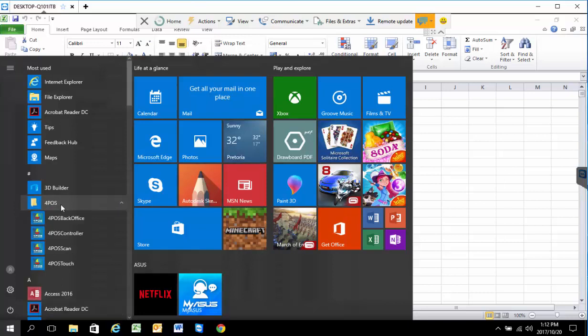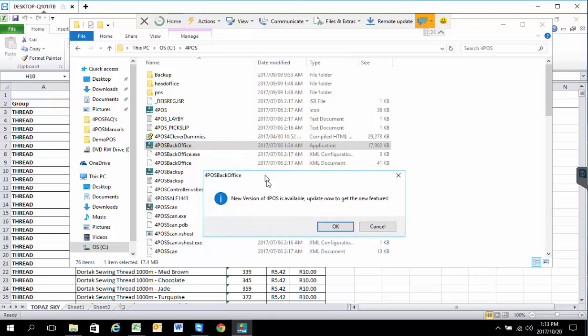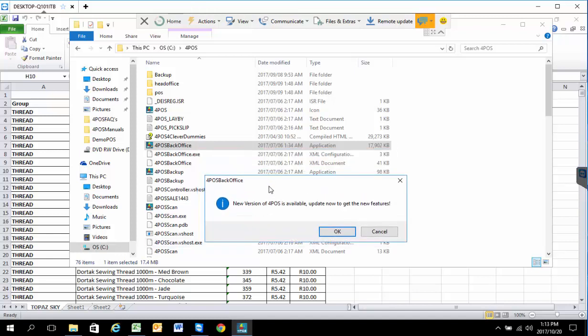Alright, so I'm just going to open up the back office first of all to see what's going on in the database and what products have been loaded, etc. Alright, so it is maybe good that this is happening, because as we can see on the screen there, this customer's program has not been open for quite some time. If we look in the back part of the screen in the File Explorer, the version that the customer has got on the computer is dated the 6th of July